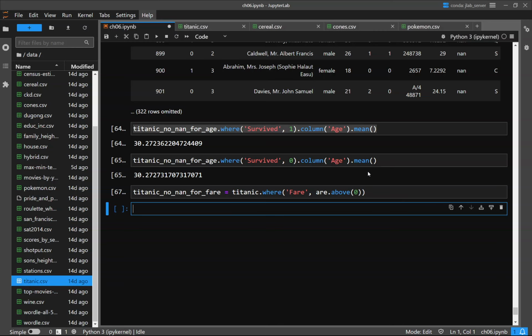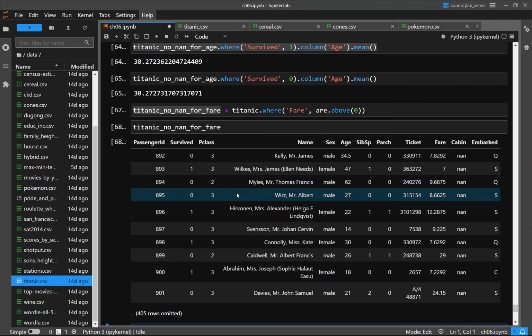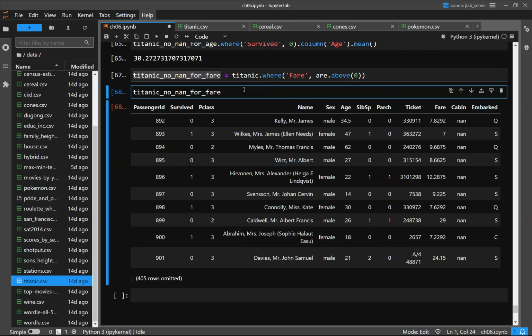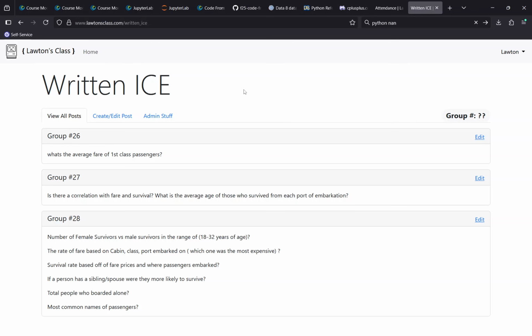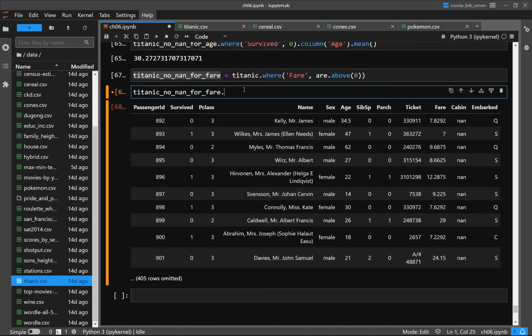So, average fare of first-class passengers. All right, take this table. Now we have all the actual values for fare, always in British pounds. And we want to go through it and get, let's see, well, we have to get just the first class passengers, right? So let's get just those guys. So where the P class values are equal to 1 for first class, or you can just say 1. So where those values are 1,